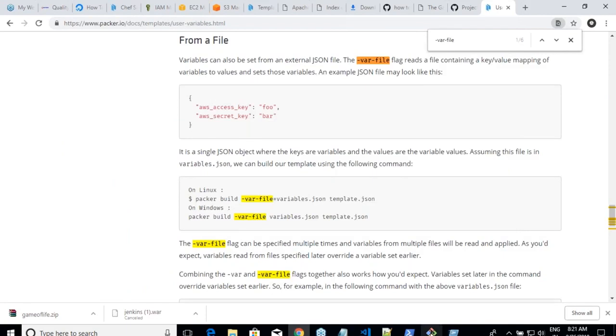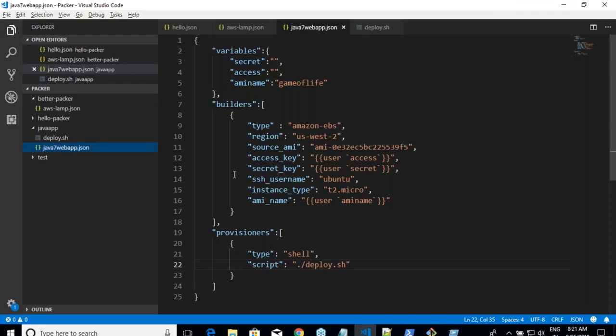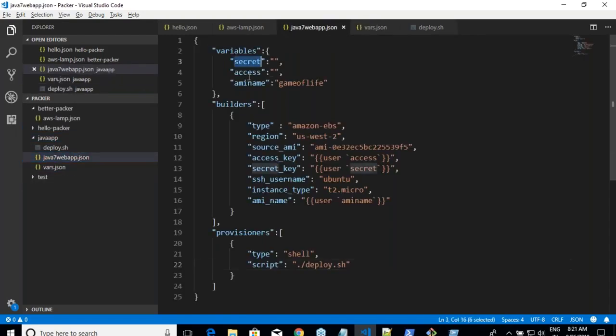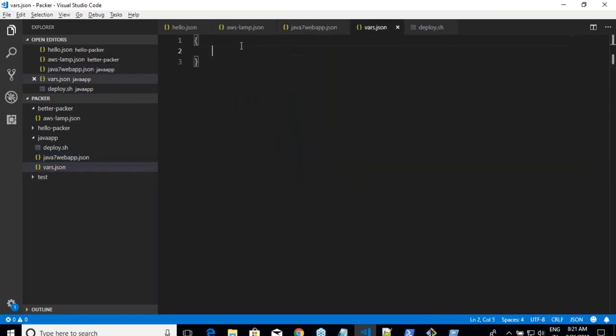For example, I'll create one more file called vars.json. What are the variables I need to pass? I need to pass secret and access. In vars.json, I'll create a JSON file where my key is secret and the value is whatever the value of the secret is.